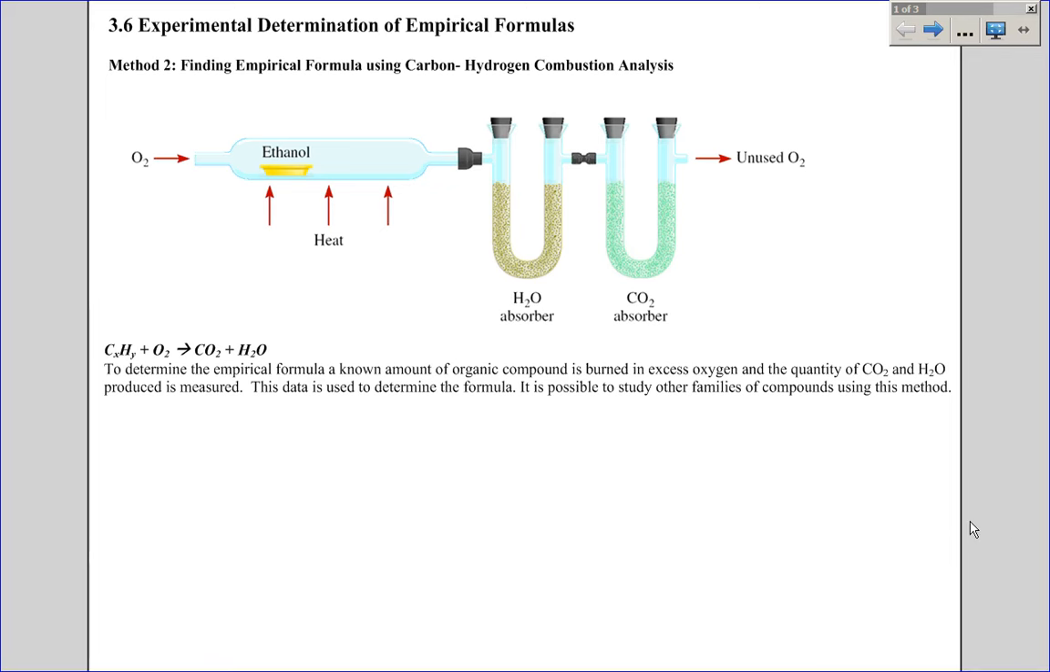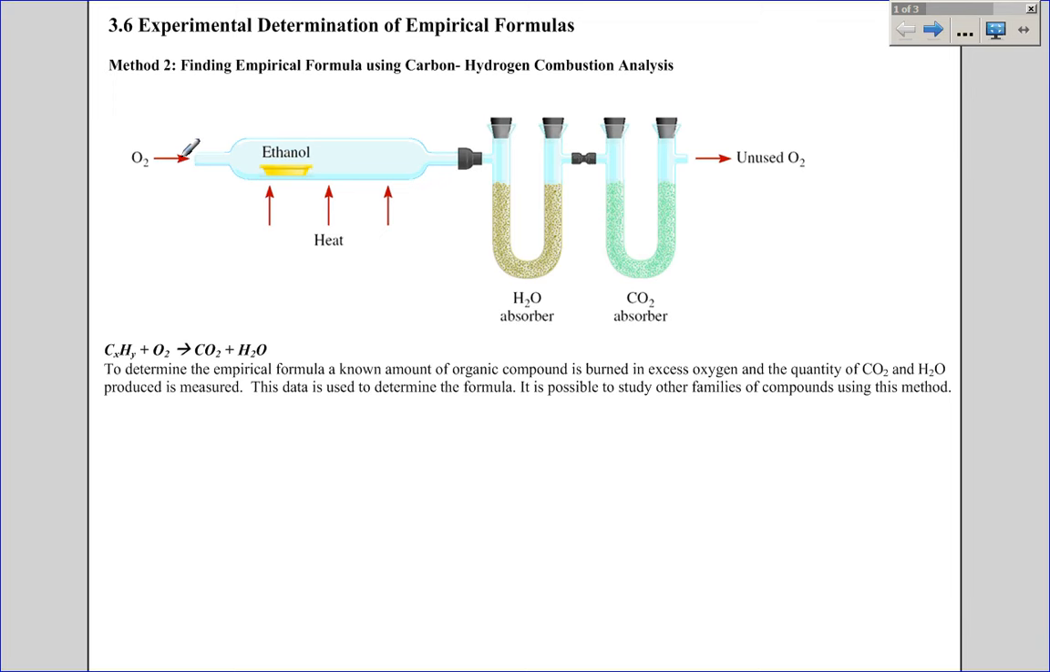In this lesson, we're going to look at a second method of determining the empirical formula of a compound, and it is the method whereby we use a carbon and hydrogen combustion analysis in order to determine the empirical formula of an organic compound. The way that this works is that the organic compound is burned in oxygen, so a sample of it is taken and its mass is determined, and it is combusted